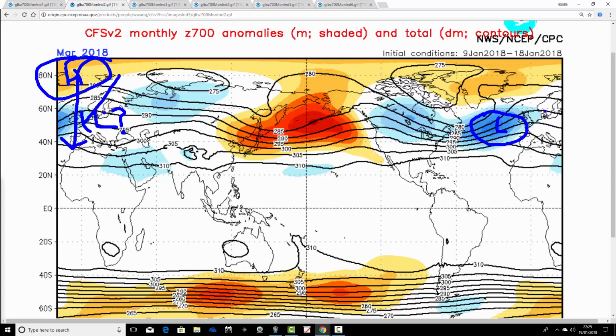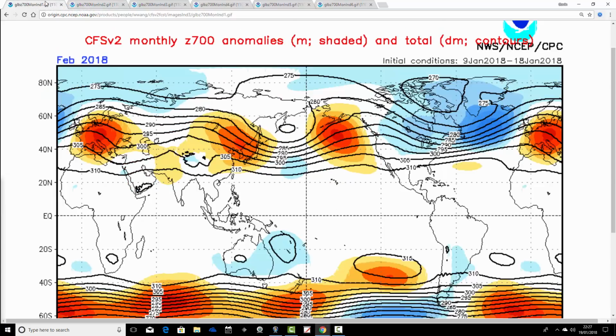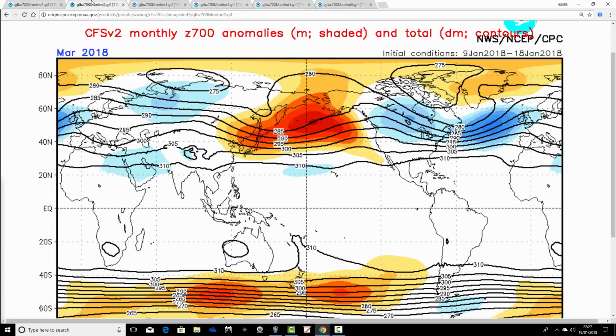Now, when we come to look at the temperature anomalies, CFS V2 will still be forecasting a mild, maybe even very mild month for March. But that is quite a substantial pattern change that the model is picking up on from February through to March in terms of what's going on over the Arctic and over the polar field. And so I think March, based out of the 2 months, holds the much greater potential for at least